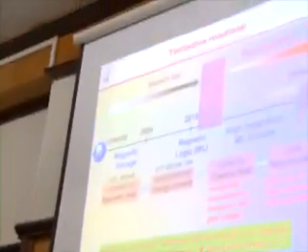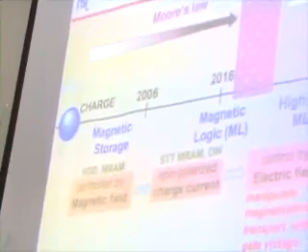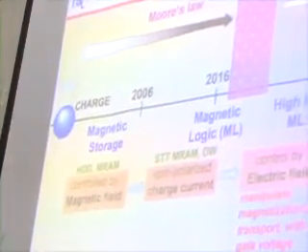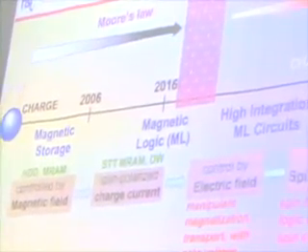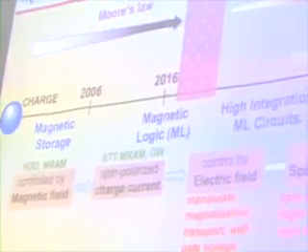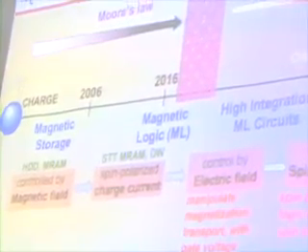Now, the reason why I also like this roadmap is if you look at this timeline. The year 2006 was the first year where there was actually a magnetic random access memory commercialized. In 2016, maybe we see the first devices based on spin polarized charge currents. So far there are some lab demonstrations